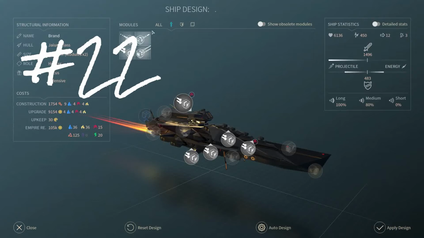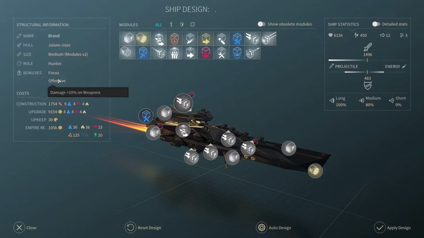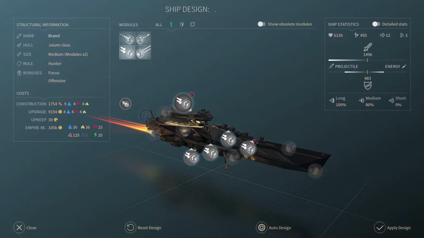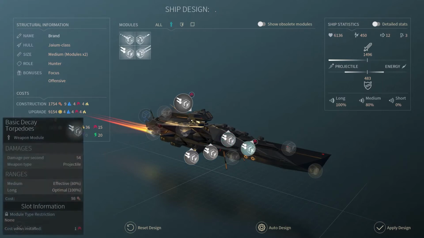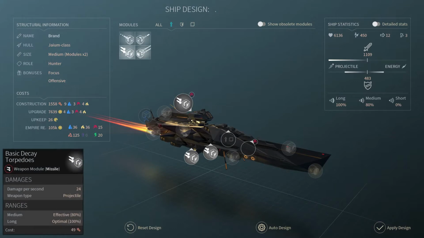Okay, so this is my finalized design for this ship. I took a minute out to do it. I was very tempted to make this quite defensive, but its usual role is really offensive because it gets an extra 10% on weapons. So for that reason, I literally loaded out every single slot that could have a weapon with a weapon. There was a blank slot, I believe, and that one also is a duplicate slot you can use for